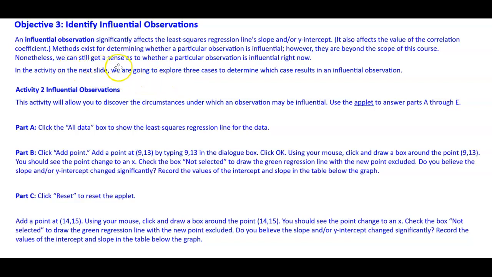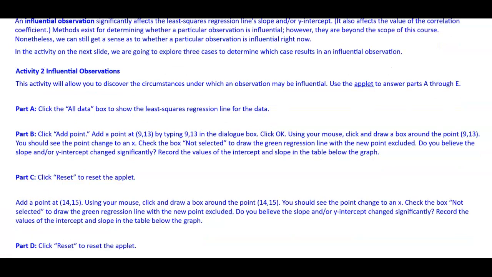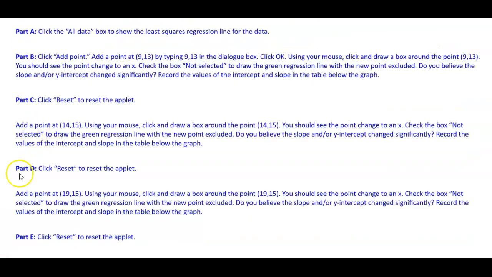Nonetheless, we can still get a sense as to whether a particular observation is influential right now. In the activity that we're going to do next, we are going to explore 3 cases to determine which case results in an influential observation. Okay, so let's take a look here. So activity 2,